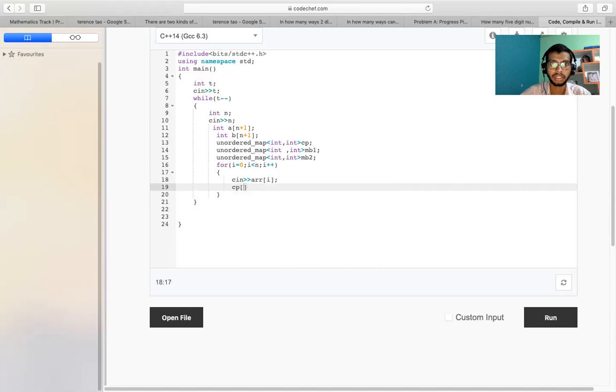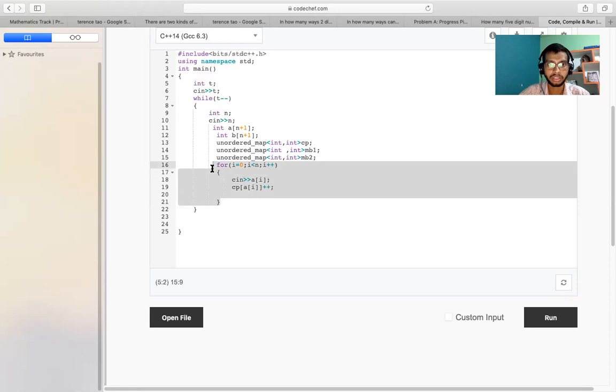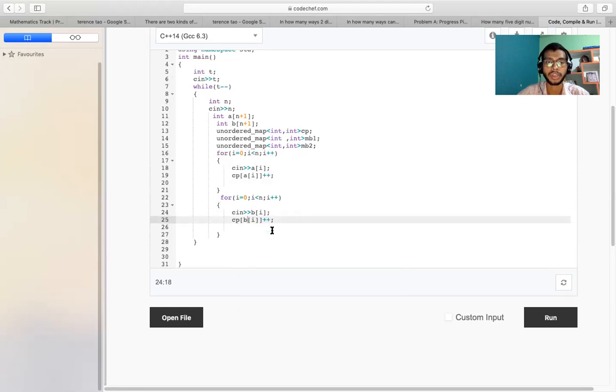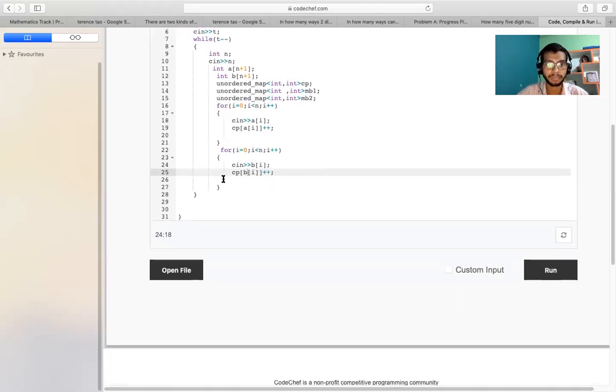Sorry, the name of my array is a, so a of i plus plus, and we just simply copy paste this line. So this one is b. Okay, I hope you got that.